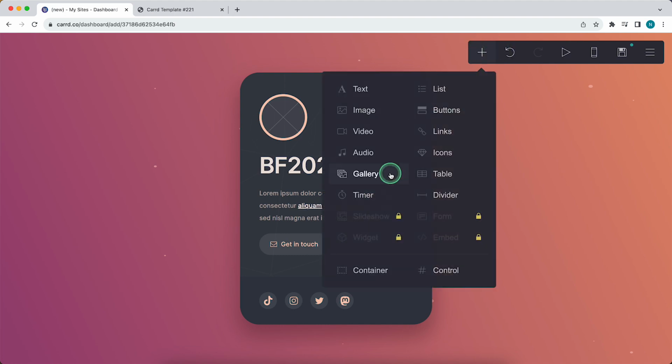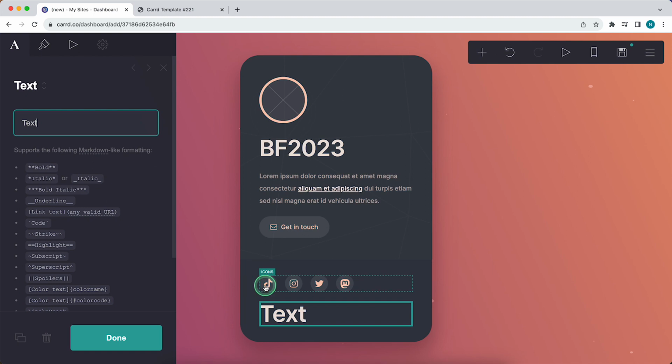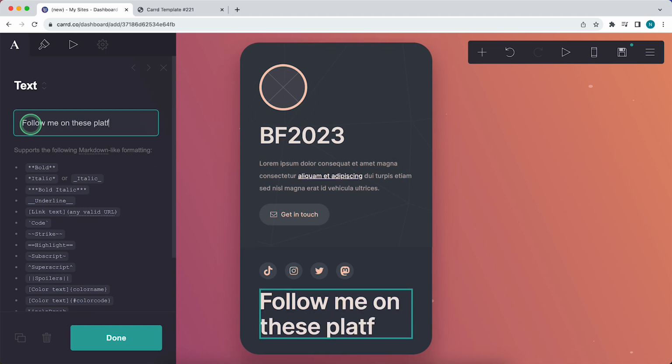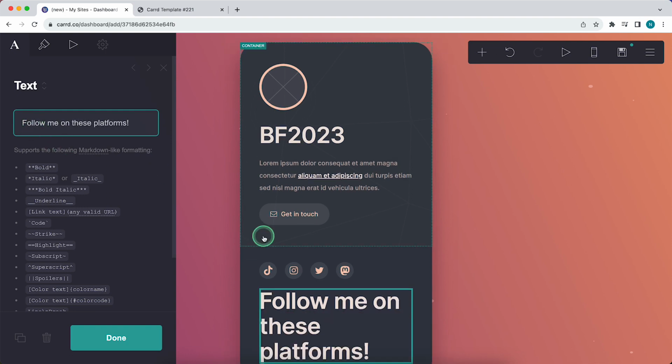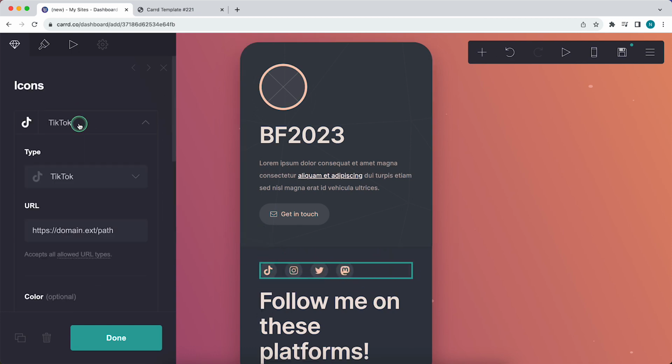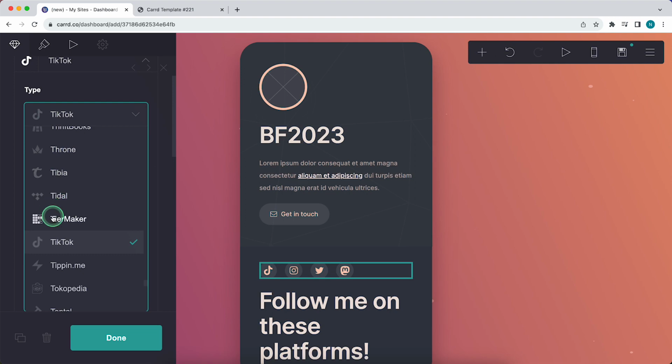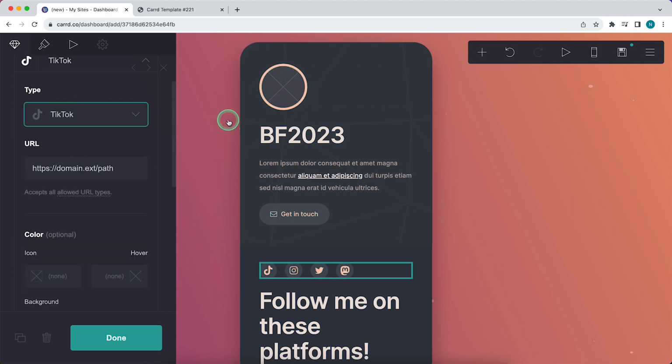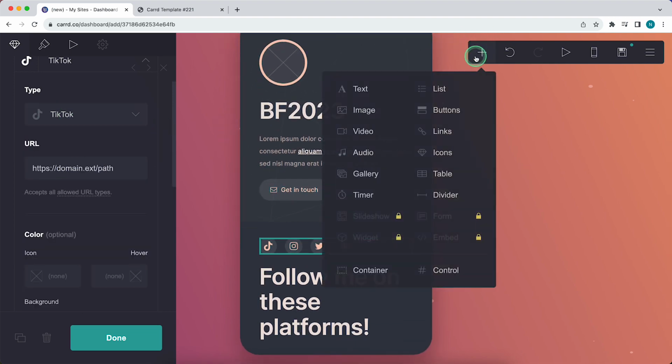Basically you can add everything you want. Let's for example add text, and for example you can say follow me on these platforms, and then add links. Of course you can change this, you can change the icon, you can change the link, you can add new sections, new